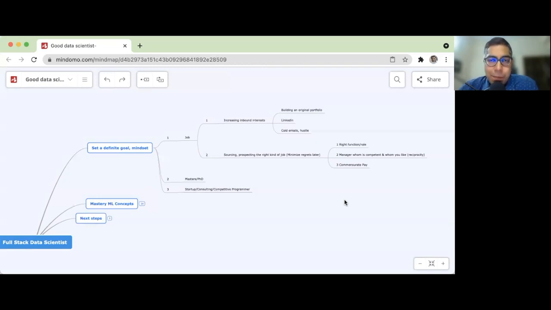Try to get the best, or at least the second best salary in that function role, right? For instance, if you're applying to Google and you've actually made it to all the FANG companies, and I'm just making it up, if the salary is 30 lakhs per annum, then it's okay if you get 28 lakhs per annum, but if you're getting the right boss, it's also okay to take 25 lakhs per annum. Commensurate pay means, what are you learning? What is the payoff? Correct.